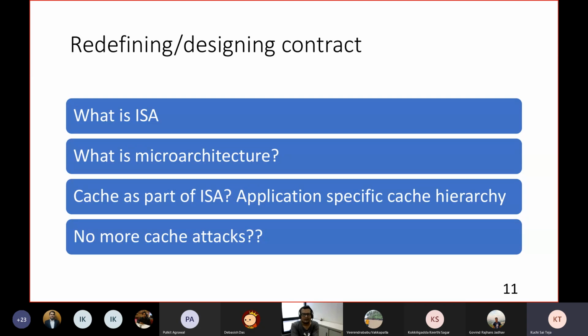Okay. So I was talking about what can change, or what may change, in the next 30 years. If you understand the notion of ISA and microarchitecture, ISAs like x86, ARM, and RISC-V just tell you these are the instructions, these are the privileged instructions, and these are the possible things that you can do with them. Microarchitecture is whatever we have discussed in this course, like caches, TLBs, prefetchers, whatever is there on chip to improve performance.